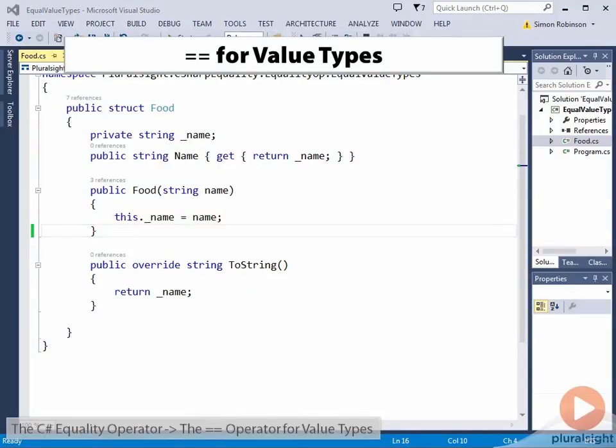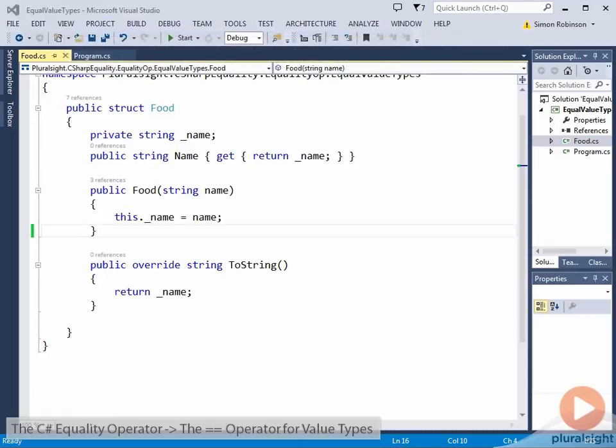So we've seen what the equality operator does both for primitive types and for reference types. There's just one thing missing from that. We haven't seen what happens for non-primitive value types. Let's rectify that omission. Here's the code from the demo in the previous module, in which I declared a food